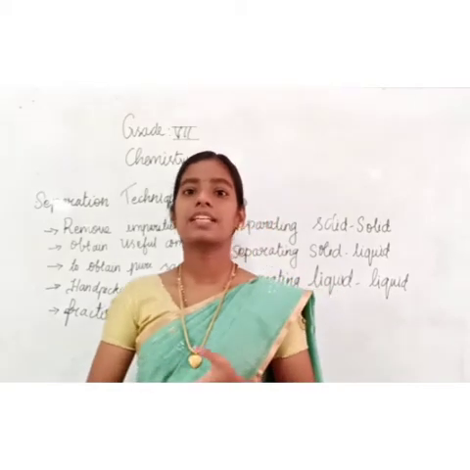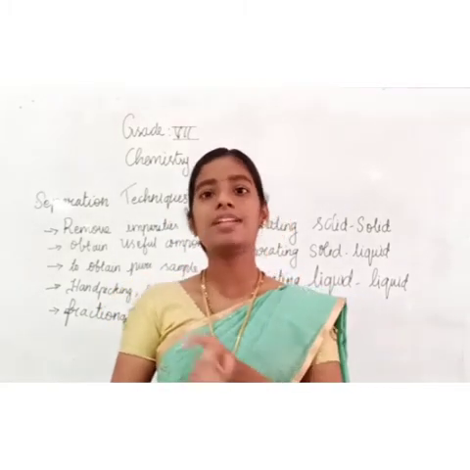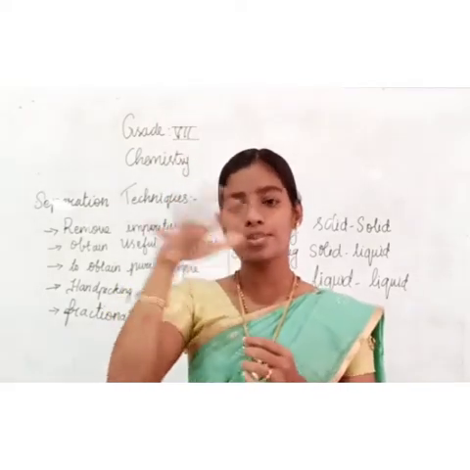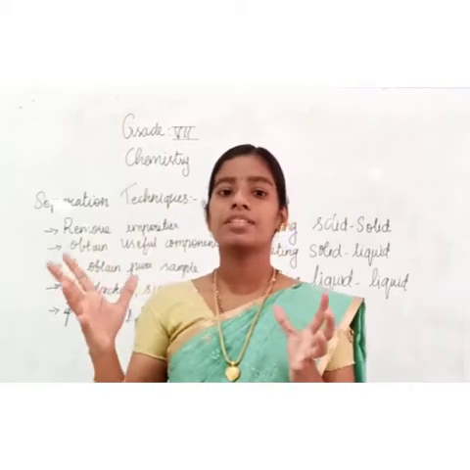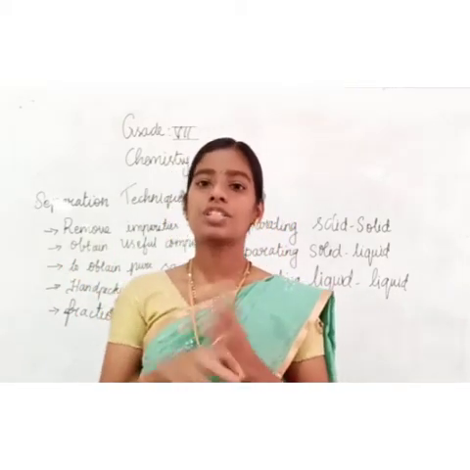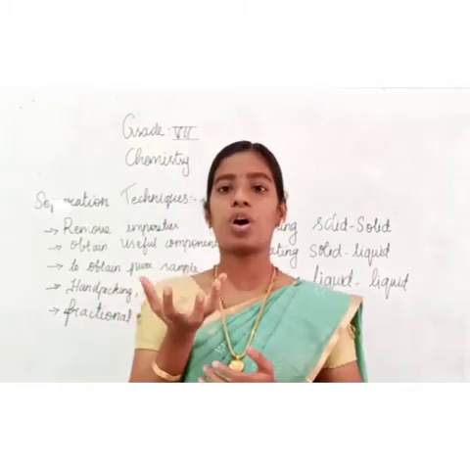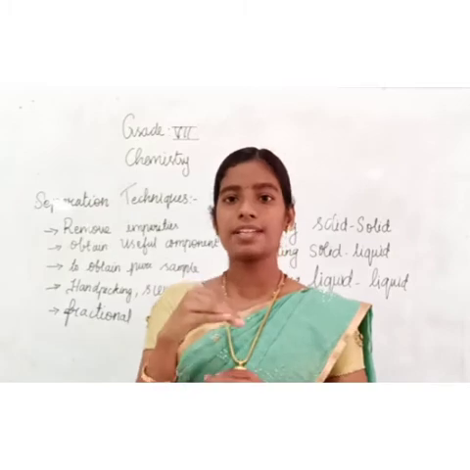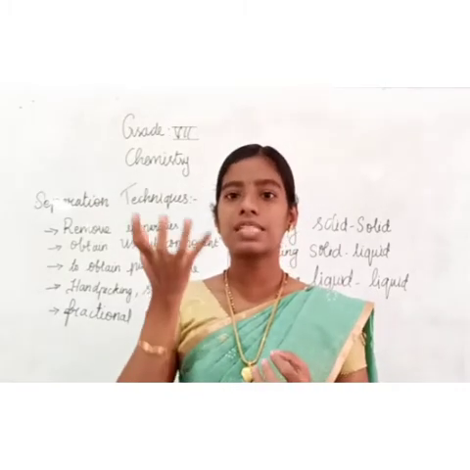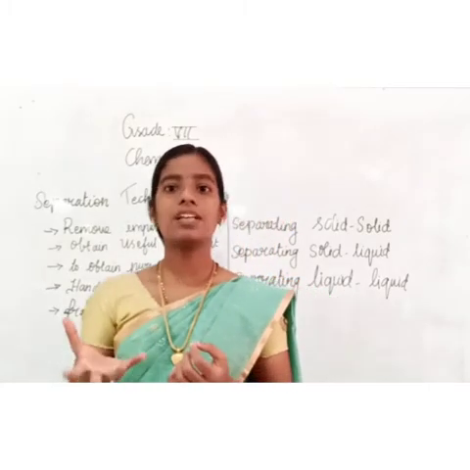Homogeneous mixture is invisible and the distribution is uniform. For example, sugar in water. When we dissolve sugar in water, it dissolves uniformly throughout the solution. In this we have learned about solution. What is a solute and solvent? When you take a cup of water and add sugar in it, sugar is a solute and the substance which dissolves that solute is called solvent. So water is the solvent.